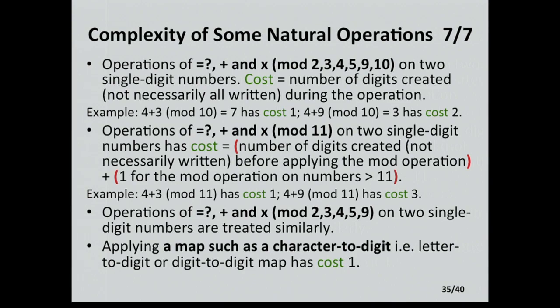With arithmetic operations, you can do arithmetic mod 10 in your head. Even mod 11 is kind of nice. Mod 7 is, I don't know if you can do it mod 7. You can do operations of plus, minus, times in your head, and you can write down what they cost. And so you write down these operations, and you find out how much it costs to do them, and that gives you a very nice way to say how long it will take to perform a schema. And then you can see if your schema really satisfies the condition that it would take at most 1 minute, preferably 30 seconds, to produce a password. This has worked very nicely.